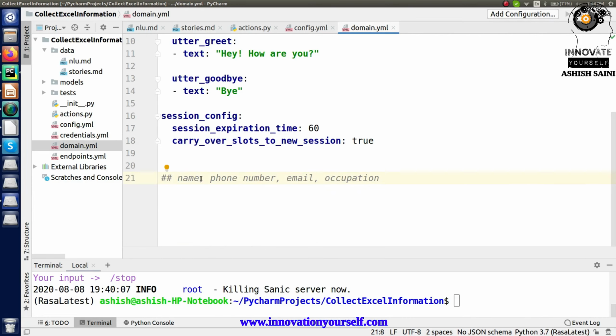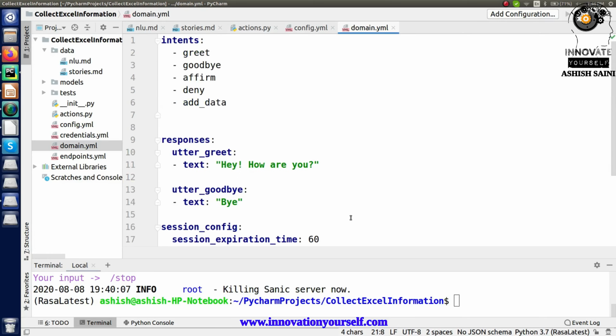So right now I don't want to create any entities based on name, occupation or anything, because a name can be anything, an occupation can be anything. These are not fixed values, right? So I just want to collect whatever the user says, pick it directly and store it into the database, right? So this is how I'm going to do it. To perform that part, and to ignore the intent part, I will use forms, so that I don't have to create any separate entity to extract this type of data, right? So for that, let me add the form.